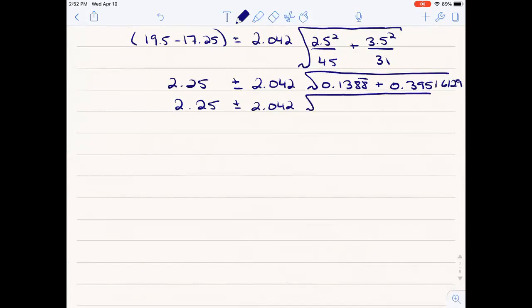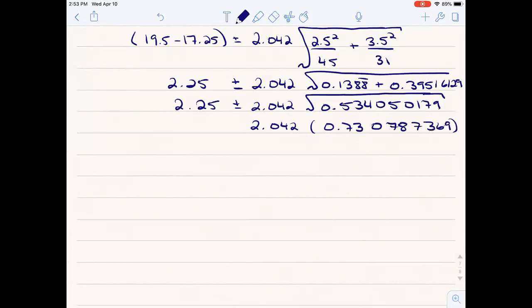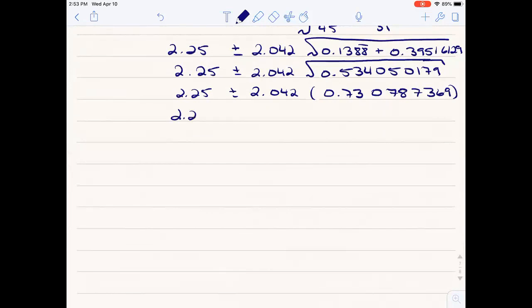We're going to have to take the square root of 0.534050179. Square root that. We've got 2.042 times 0.730787369. 2.25 plus minus times 2.042 gives 1.492267808. I'll store that because then I have to take